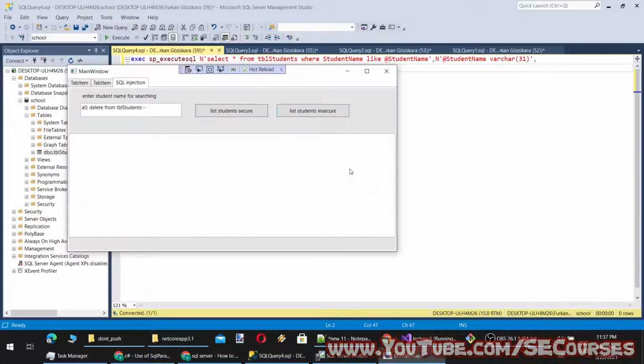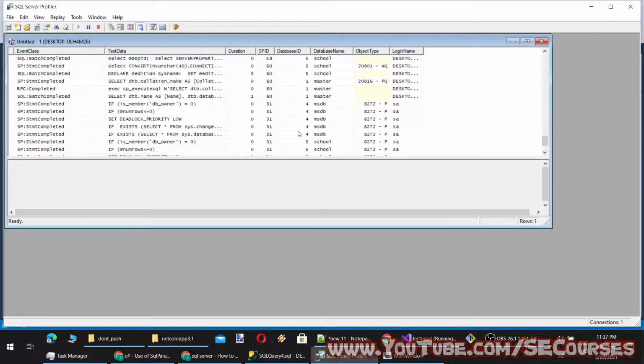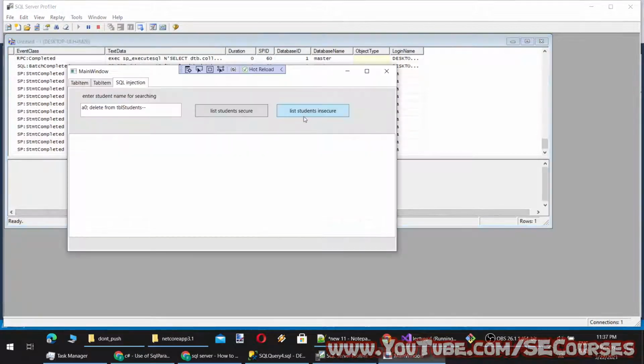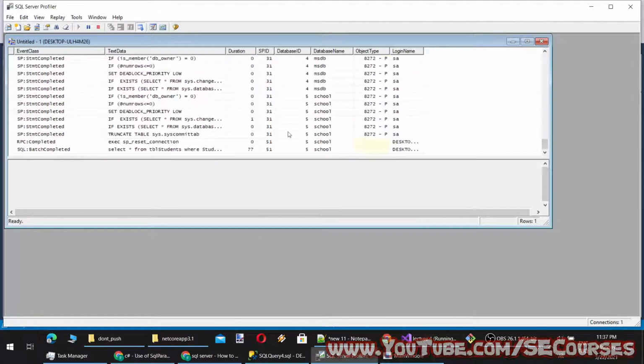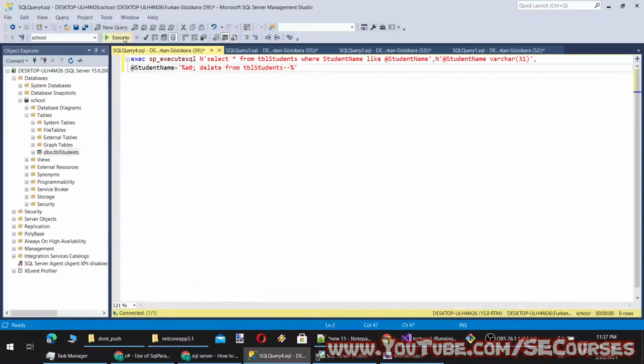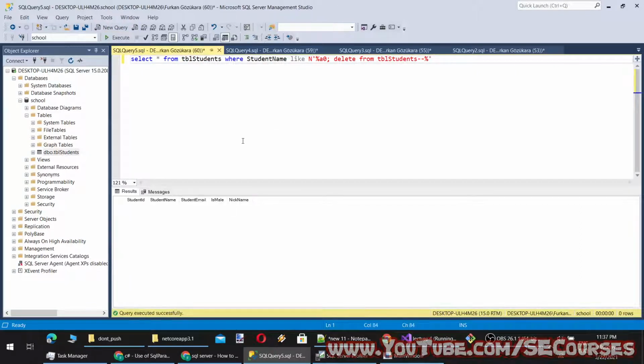However, now I will execute the same command with insecure. Executed. Now here is the executed command, and will it delete now? No, it won't delete because we didn't finish the previous query here.